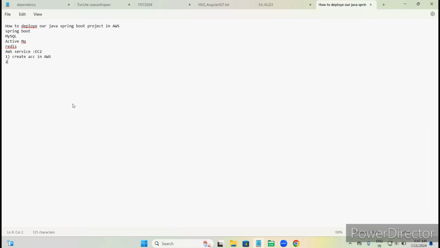Connect to the EC2 machine, and install Java 17. For that,